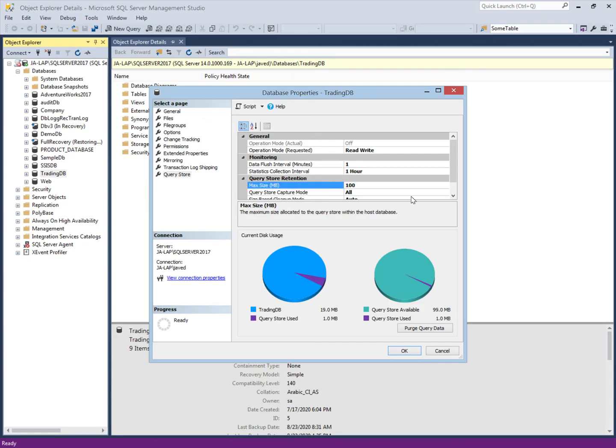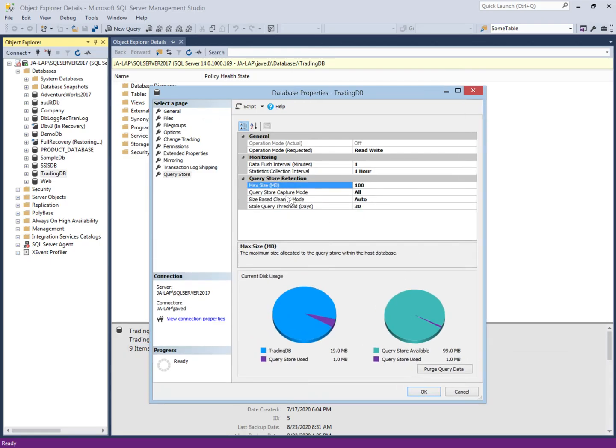The max size is the maximum size of the Query Store. In the trading database, our Query Store size will be 100 MB.